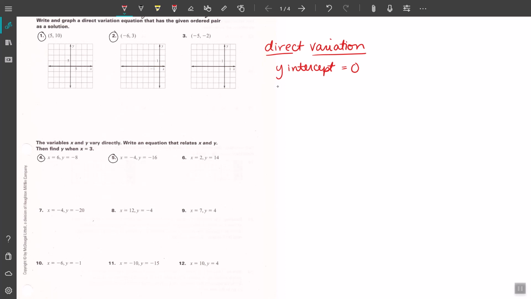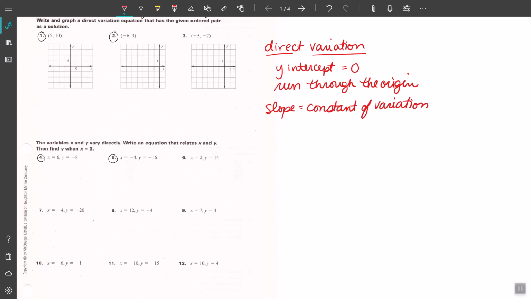All right, and if the y-intercept equals 0, then we know that the line, when we graph it, is going to run through the origin, which is that spot where the x and y axes come together. If we have direct variation, we call the constant on our x term, so we call our slope, the constant of variation. It's just another name for slope, and we only refer to it as the constant of variation when we have a direct